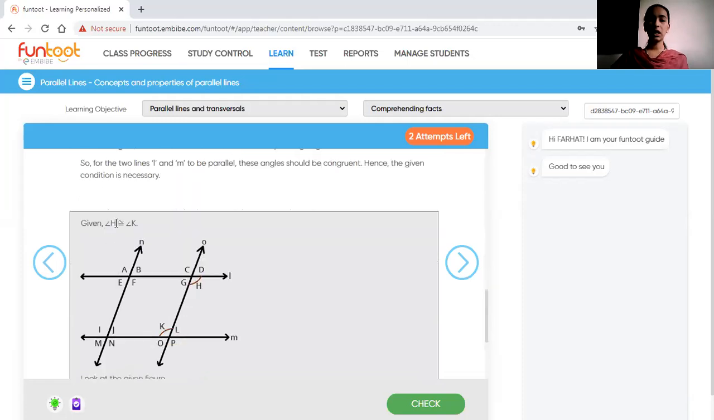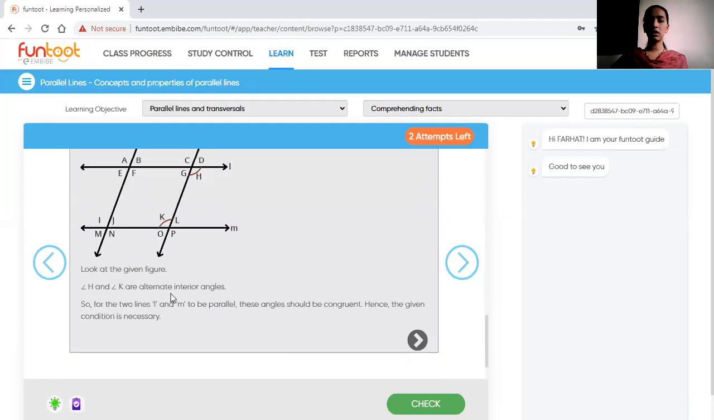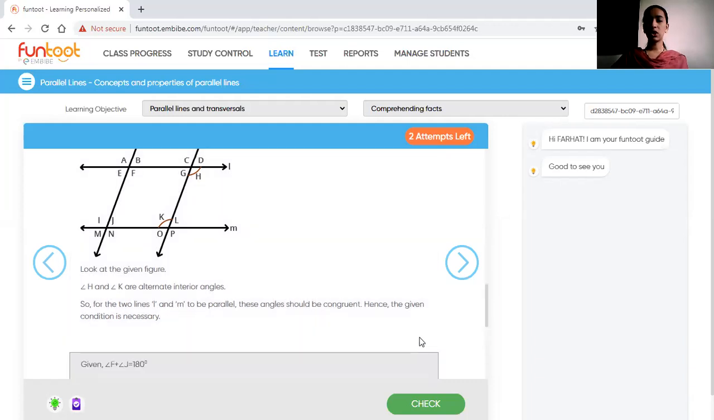Okay? H with angle K. Where is H? Here is H. Here is K. What is the type of that? Yes, they are interior angles, alternate interior angles. So these are equal. Yes, so this condition is also necessary. We have to check for each one. Okay, that means for corresponding angles, for alternate interior angles and exterior,